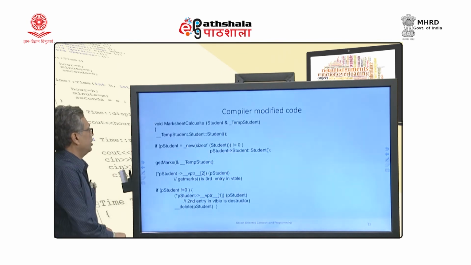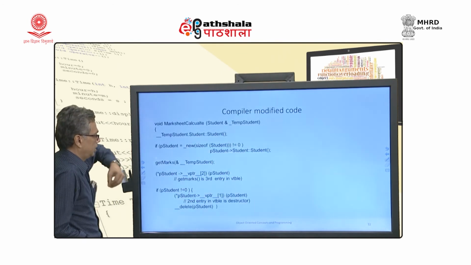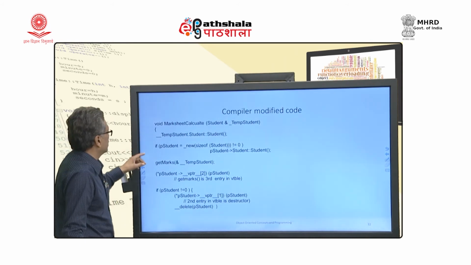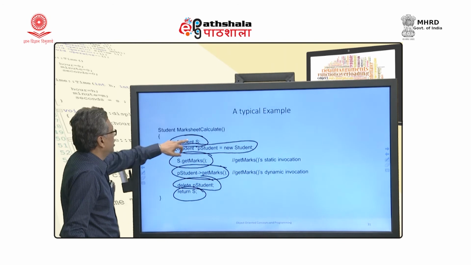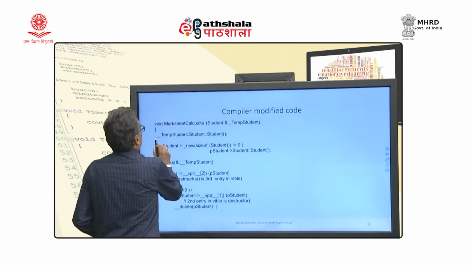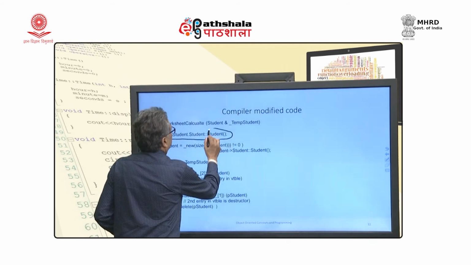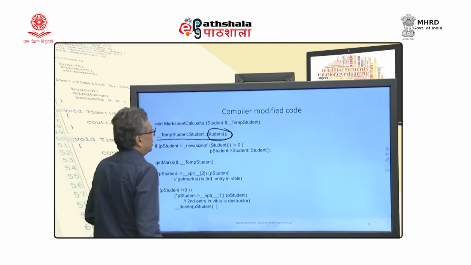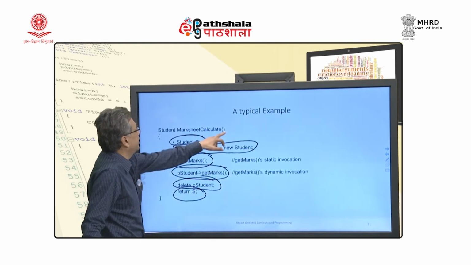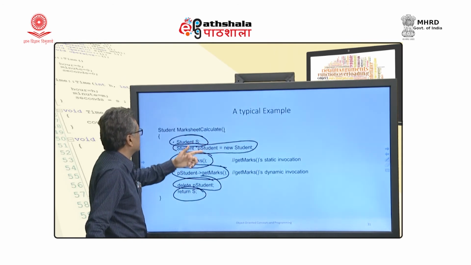What will the compiler do? Now, this is very critical for us to look at. Look at the first thing, student S. Now, student S is converted into this thing. It will call the default constructor. Not only that, there is no S here. From where has that come?